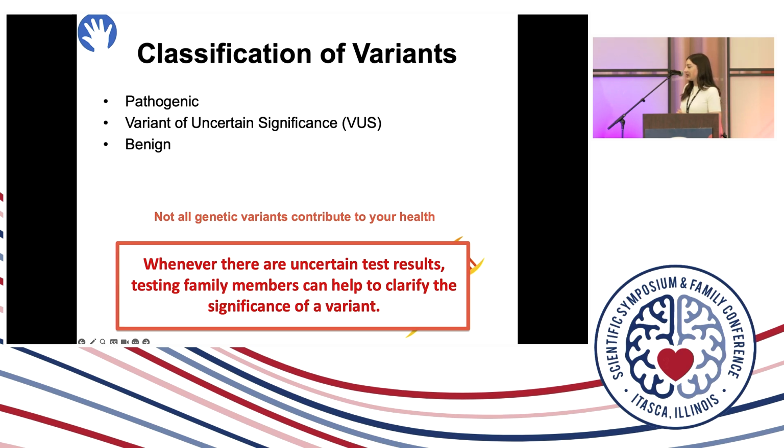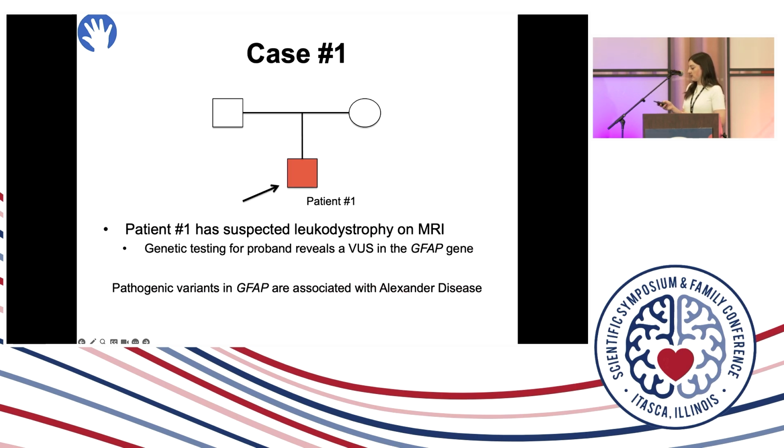One way that we can kind of get a better understanding of a variant of uncertain significance is by actually testing other family members to help see if that variant is tracking with disease in this family. And so case 1, we have a small pedigree here. Patient 1 is shaded to indicate that they have some symptoms, something that we're suspicious might be genetic. And so as an example, patient number 1 has a suspected leukodystrophy on MRI. And we do genetic testing for the proband, which is patient number 1, which reveals a variant of uncertain significance